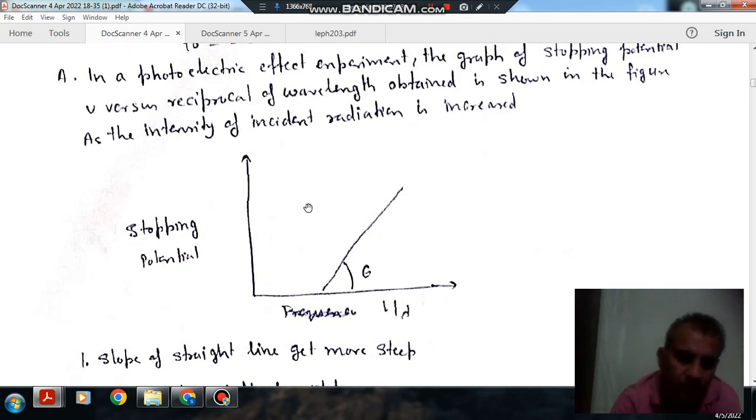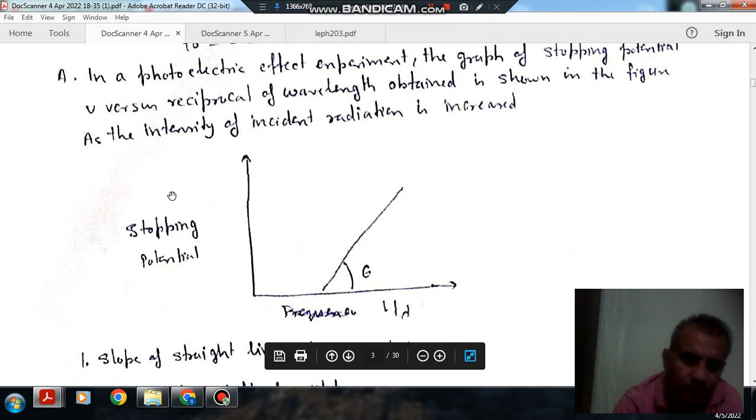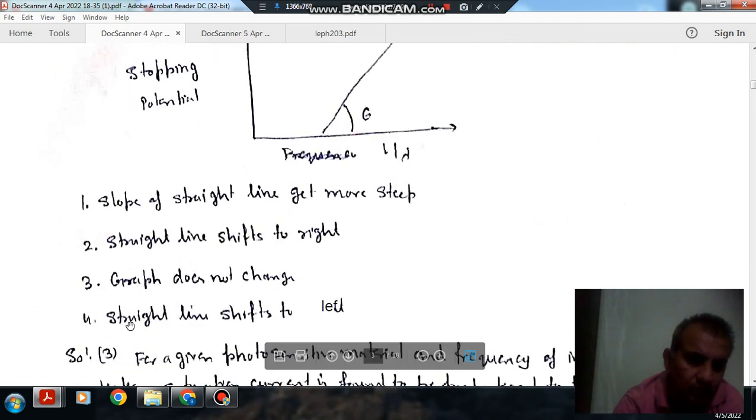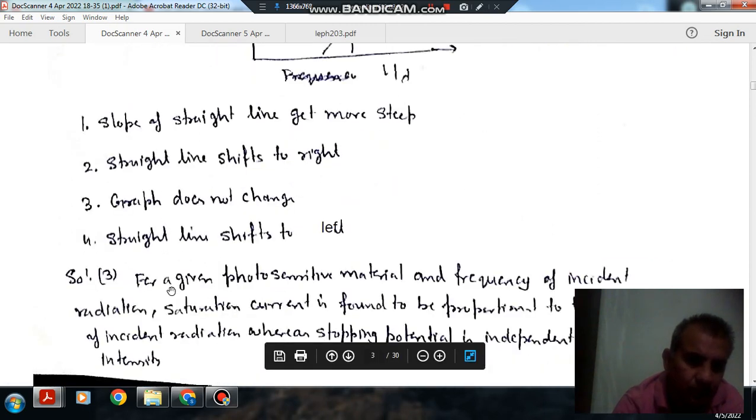The velocity doesn't change, so the stopping potential doesn't change. The intensity of radiation doesn't have any effect on the stopping potential, so the graph will not change. Another explanation is that for a given photosensitive material and frequency of the radiation, saturation current is found to be proportional to the intensity of the incident radiation. And where stopping potential